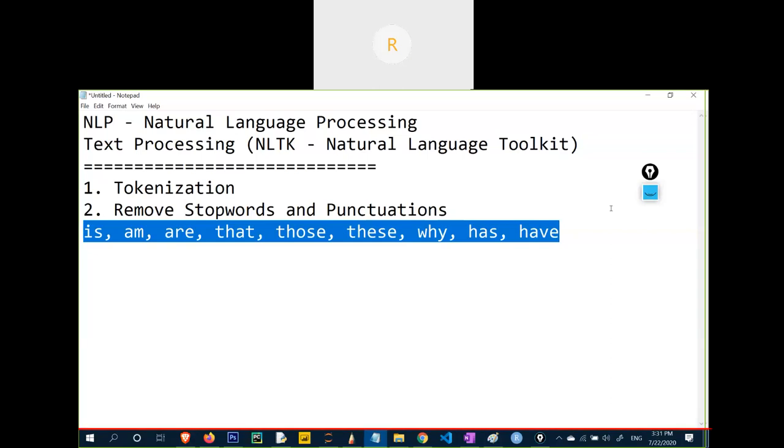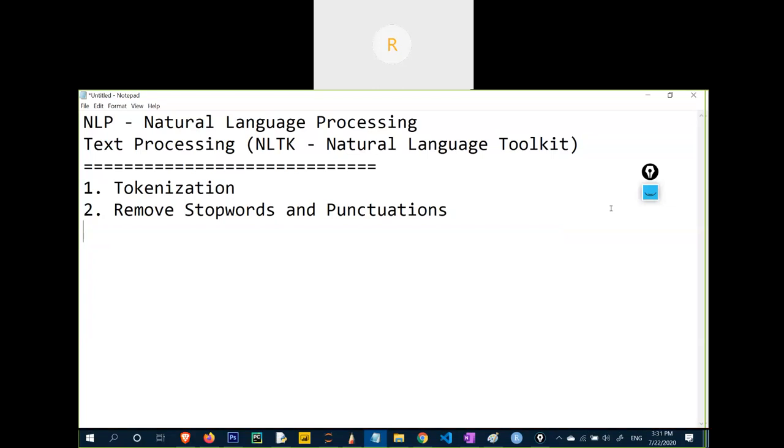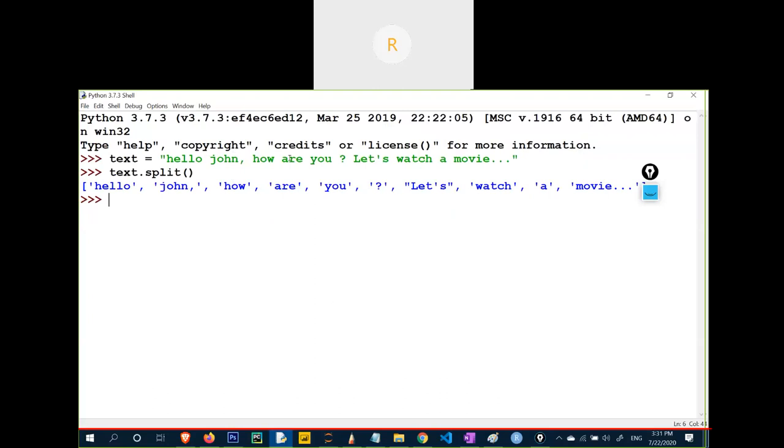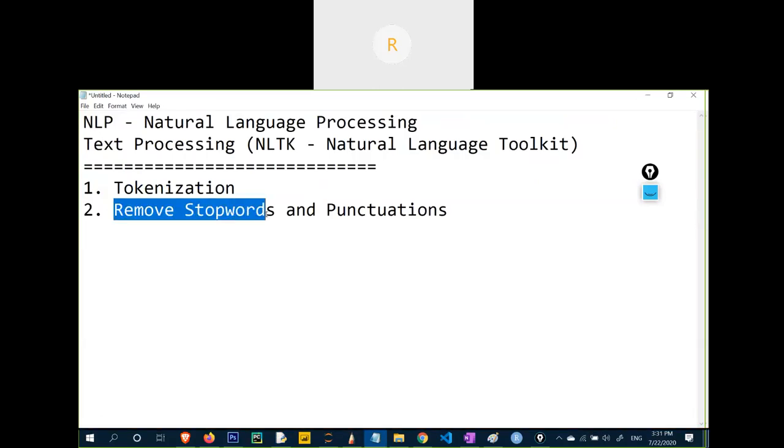Why do we have to remove these types of words? Because they do not have any significance. They are just used for grammatical parts. When I talk about simple sentence formation, they are used. But if I remove are and you, these words do not make any sense for me right now. I only want the major words like watch, movie, hello. I want these words to be used. So that's why we have to remove the stop words.